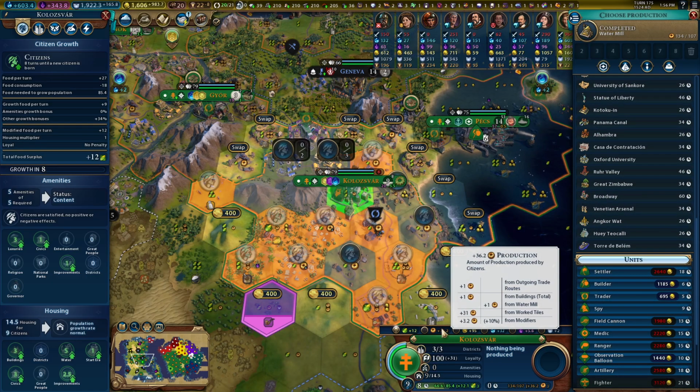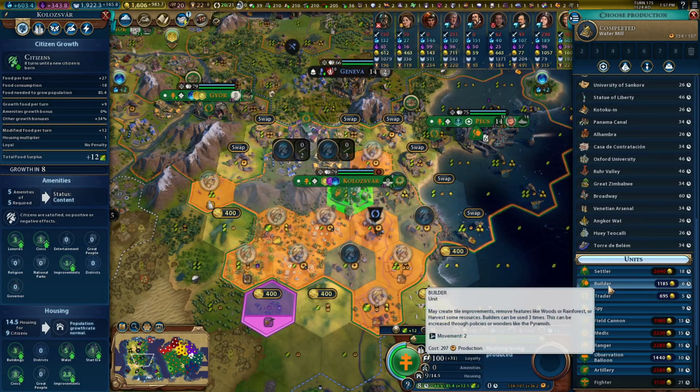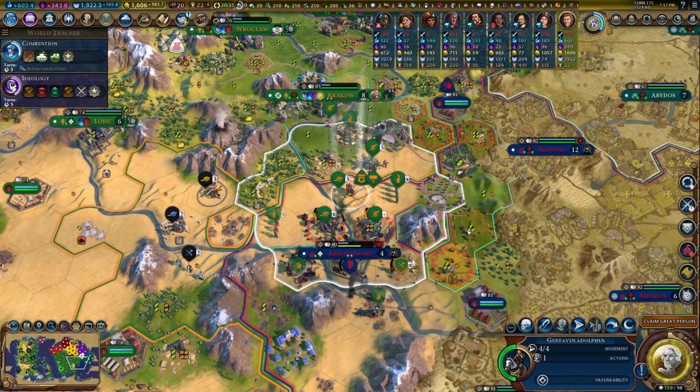36 is not really enough to build a wonder. You've got a lot of improved tiles. You could get that one improved. You don't really need a builder. Do we have a plantation here? We don't. All right. Get yourself a builder. That's fine. Or you know what? You can build me a trader in 5 turns. That's good. Okay, so over here,